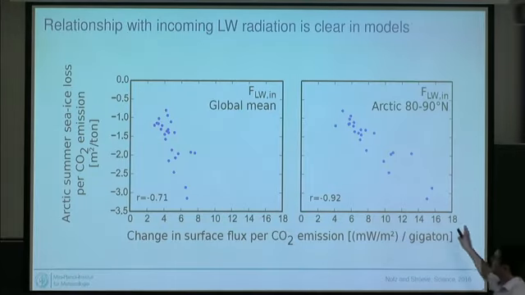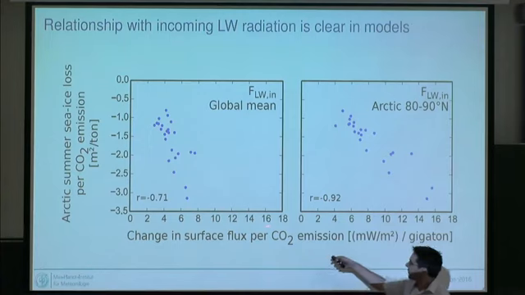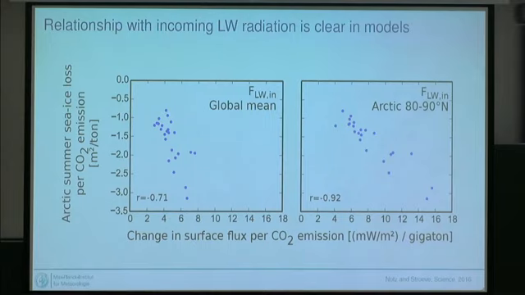And this is indeed what we find if we plot, for example, here, the change in increasing long-wave radiation in the model against how much sea ice it loses for 1 ton of CO2, we find a pretty strong correlation, which basically suggests if you want to get a better loss of sea ice per ton of CO2 emissions, you must get better long-wave radiation, which basically suggests that we need to get better clouds in order to get better sea ice as the main priority, rather than doing anything to the sea ice model, because all these different models will have completely different sea ice models, from very, very simple parameterizations to the very complex ones of sea ice and so on.